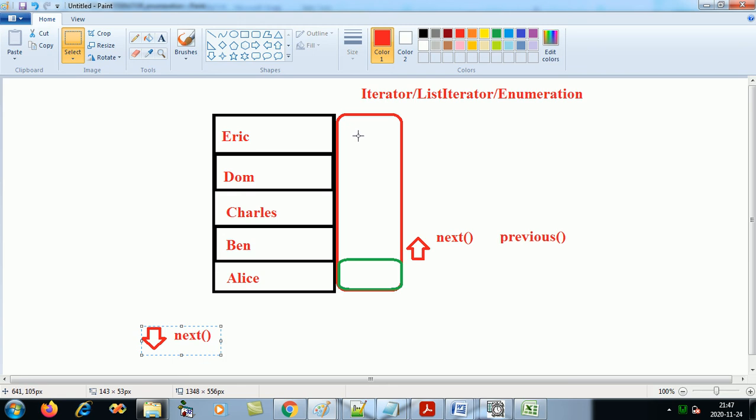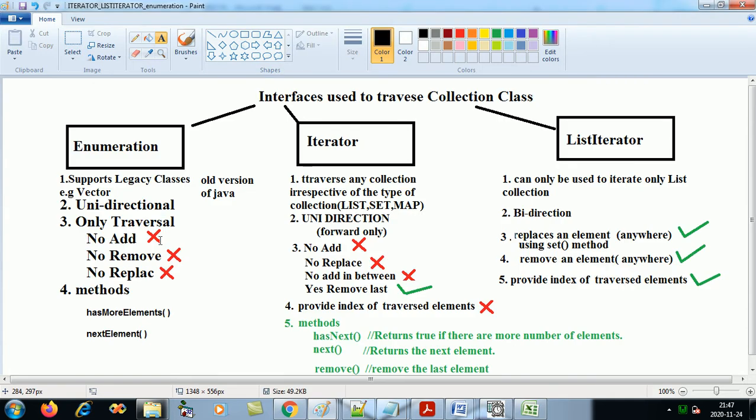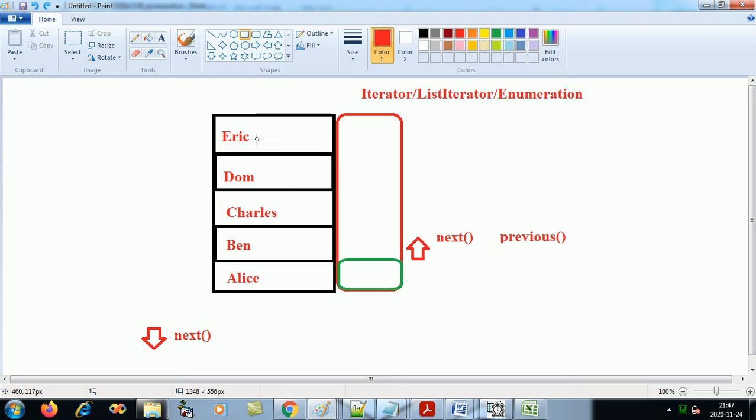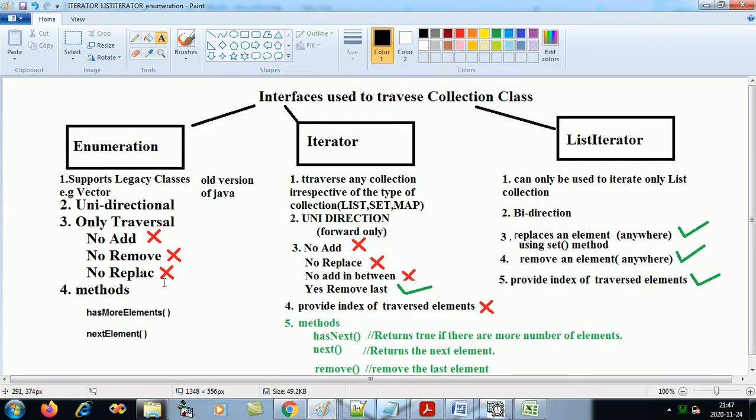Now, we have few construction lifts which help you to construct, which help you to add one more story. So this is not that sort of a lift. It is your pure building lift, which is only used for going up and down. Okay, only used by passengers, not for goods. So you cannot add an element, you cannot remove an element. So if I am using enumerator, I cannot remove any element from the list. I can just traverse the list, and you cannot replace.